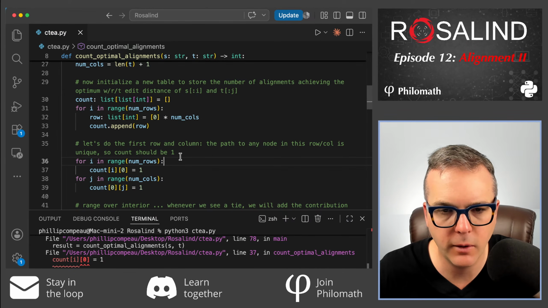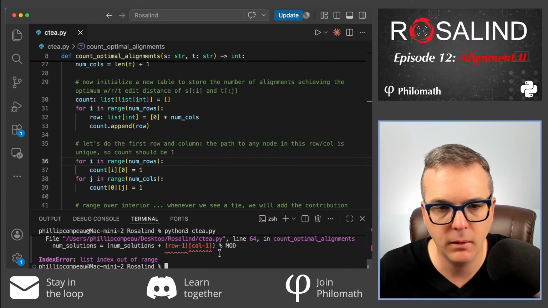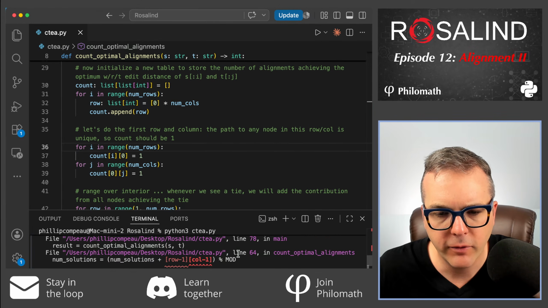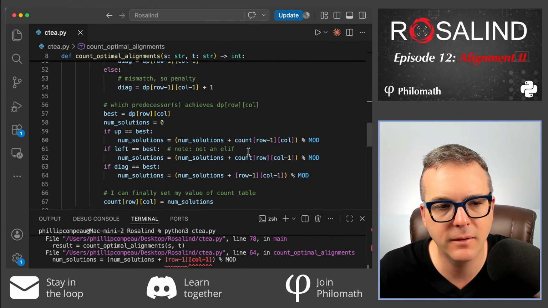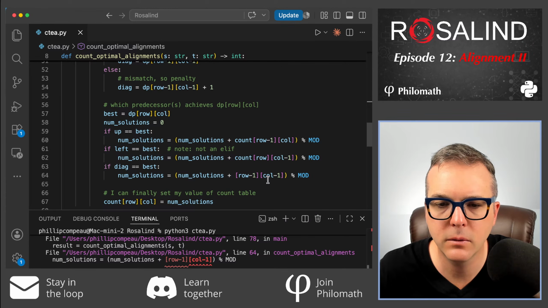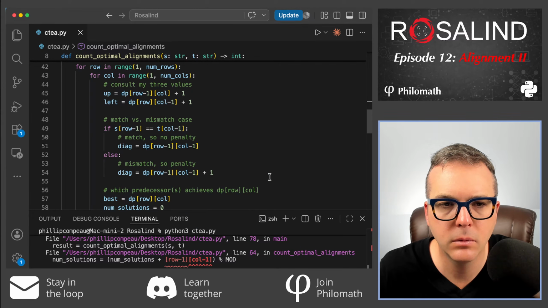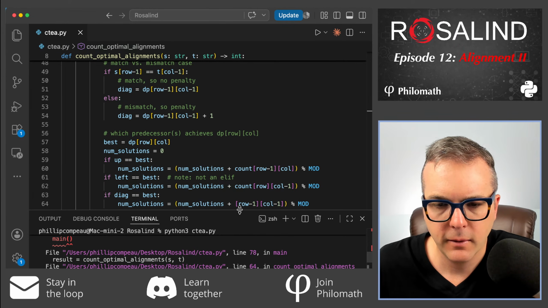So let's make sure that the row has data there. Okay, well, we have a different issue here. Line 64, line 78, 54. Arranging everything appropriately here, that's good. It doesn't like